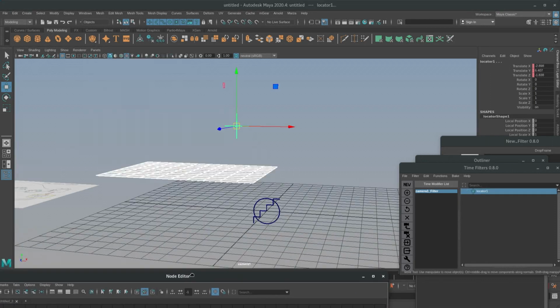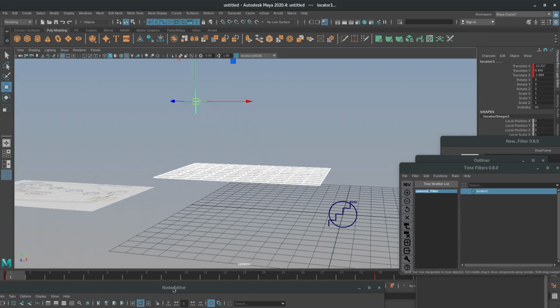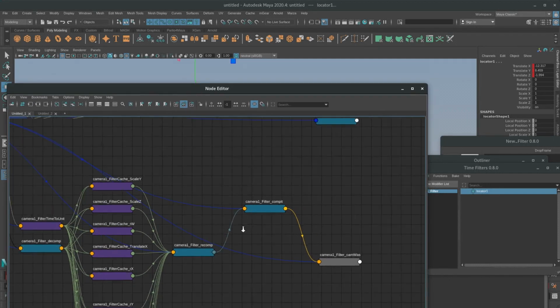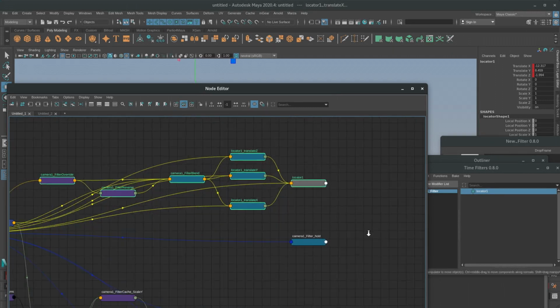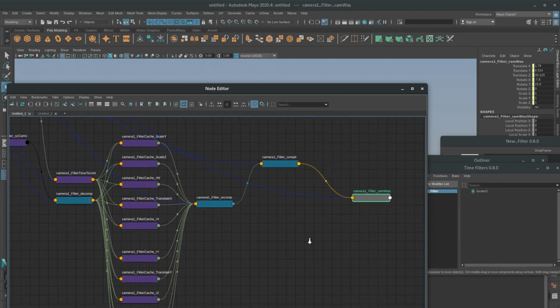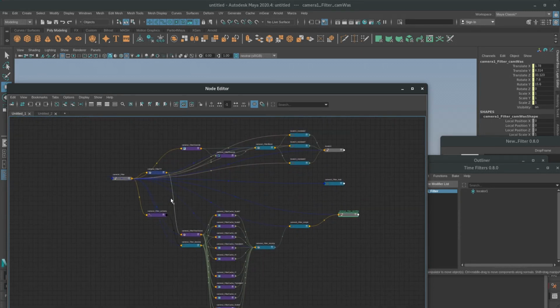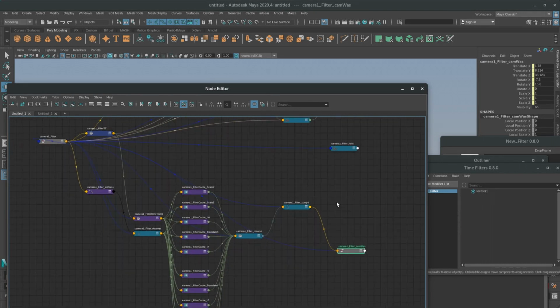If we go to our camera here, we can see that the object is stuttering in the viewport. It's not holding still because time filters don't by default have a camera offset attached. What they do have is just the entry point for what the camera offset is going to be, and that camera offset is here. This guy here is the entry point for that. If any of this looks complicated, it's because it is. It took a lot of trial and error to figure out how all this stuff was going to work, but I'm going to get into that very shortly, starting with how is the CamWas node created.